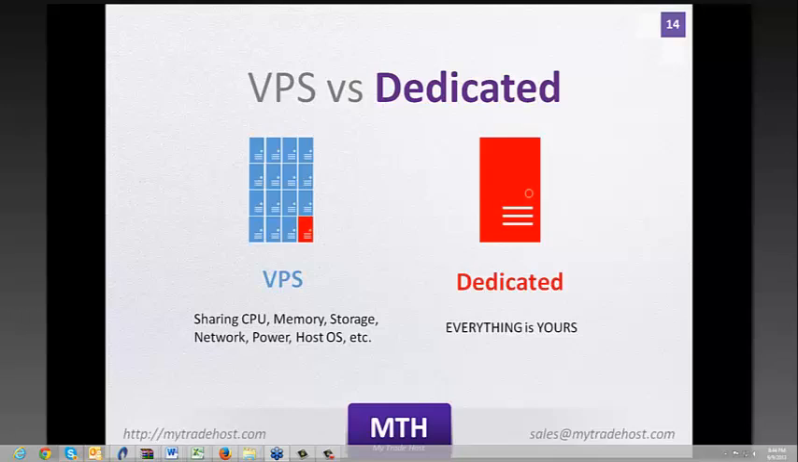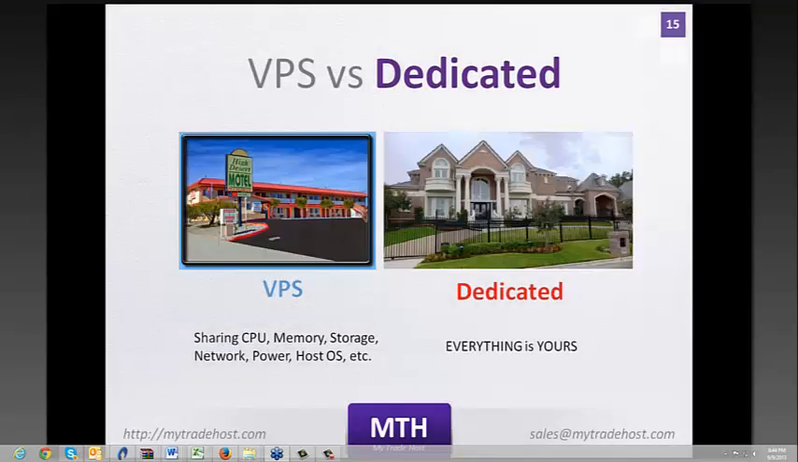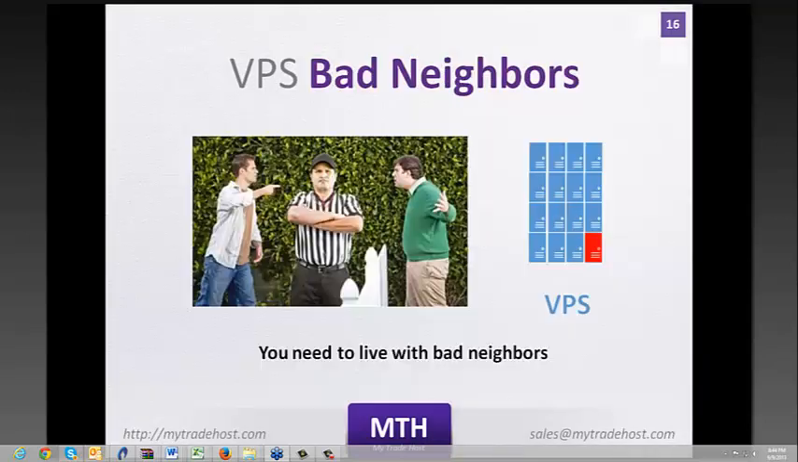So a VPS is more like a motel. A lot of other guests share the same building, whereas the dedicated server is like your own home. You're the only tenant. You are kind of the king of your own house, and again, everything is yours. You don't have to suffer what we call the VPS bad neighbor syndrome. With dedicated servers, not only are you not diluting resources, but you don't have to deal with all the other